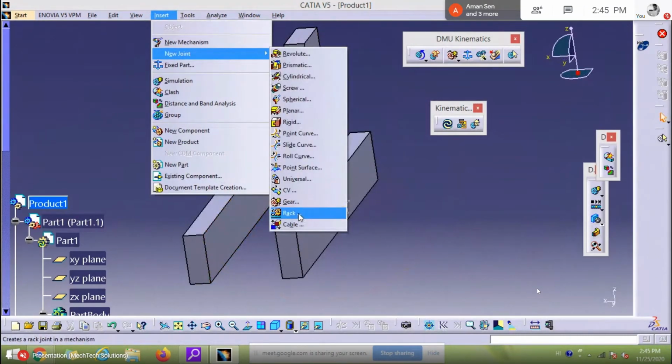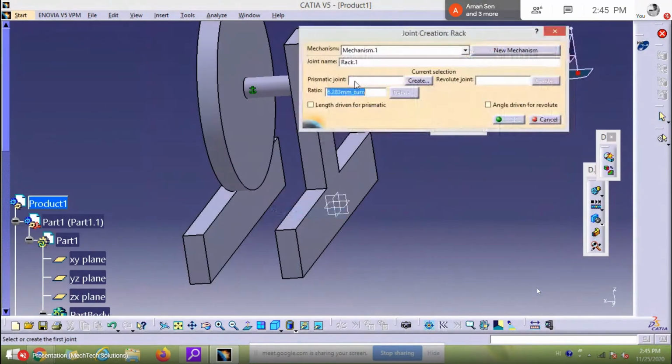Select the rack and pinion joint from the new joint option. So I have picked the rack and pinion option.